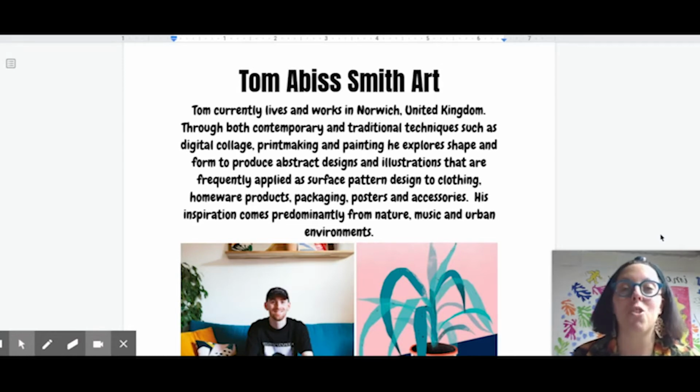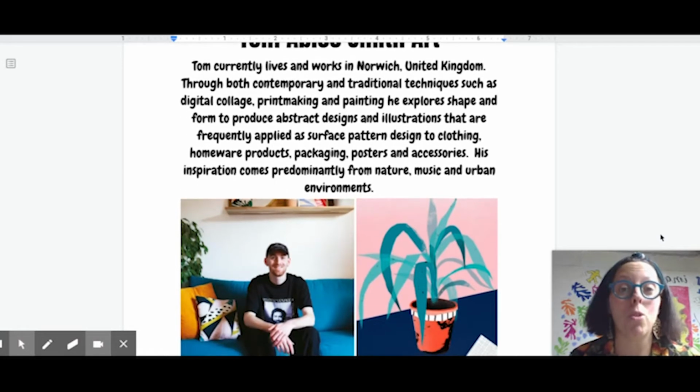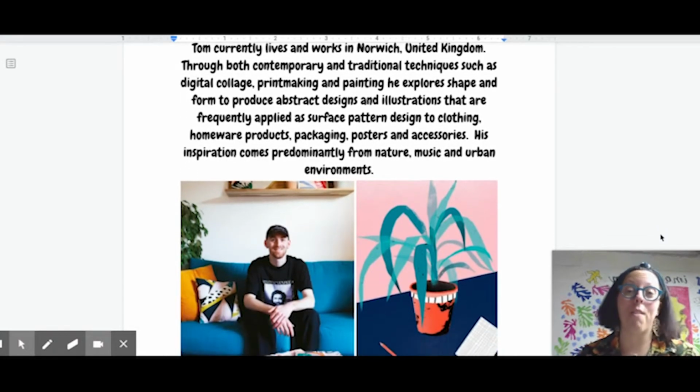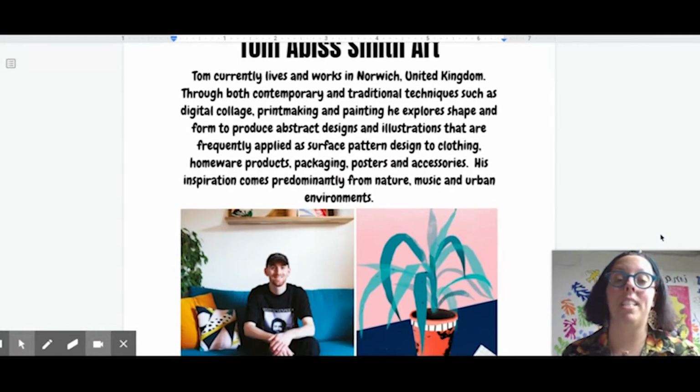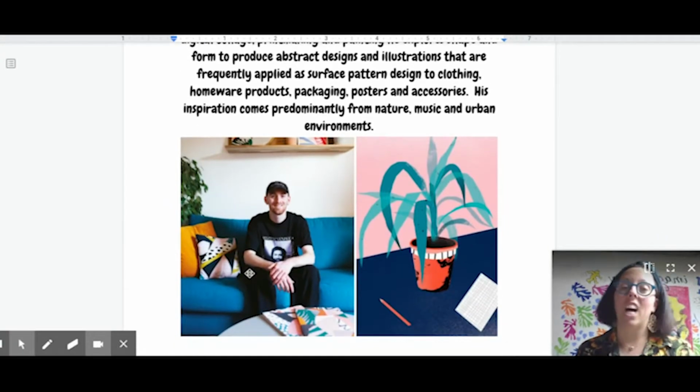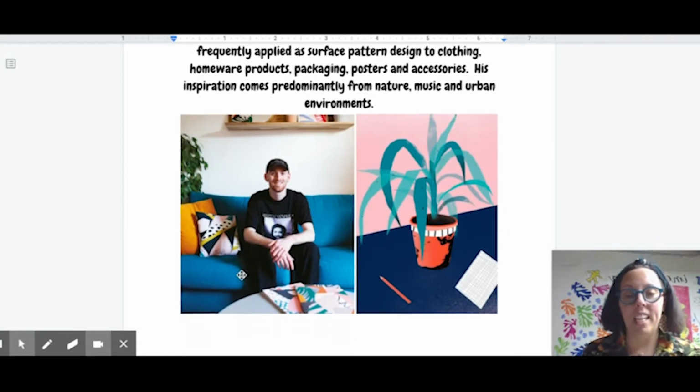And his paintings and drawings are sometimes used to make textiles, so different fabric designs or wallpapers and things like that. So you might recognize maybe some of his artwork, some of his patterns, some of his color usage, and we're going to take a look at Tom Abyss Smith. So this is him. As you can see, he's a young, cool guy, very hip. And even out in front of him, you'll see that his sketchbooks or notebooks have his patterns and designs on